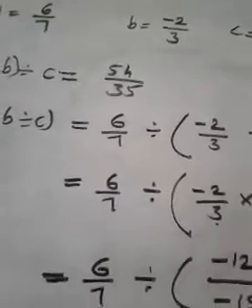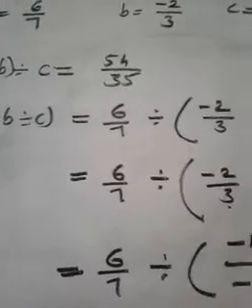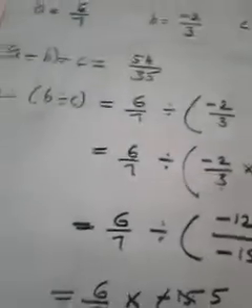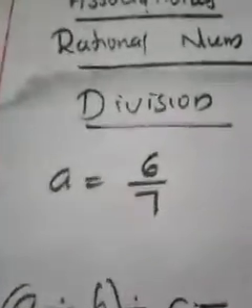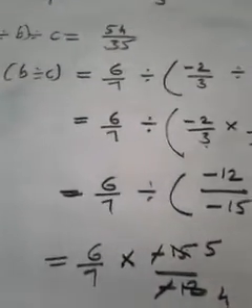So do I need to take one more example? No, because from the first example itself it is spoiling. That means there exists at least one example that is spoiling. That means division is not associative. You can conclude in that way, because the very first example itself is not satisfying.